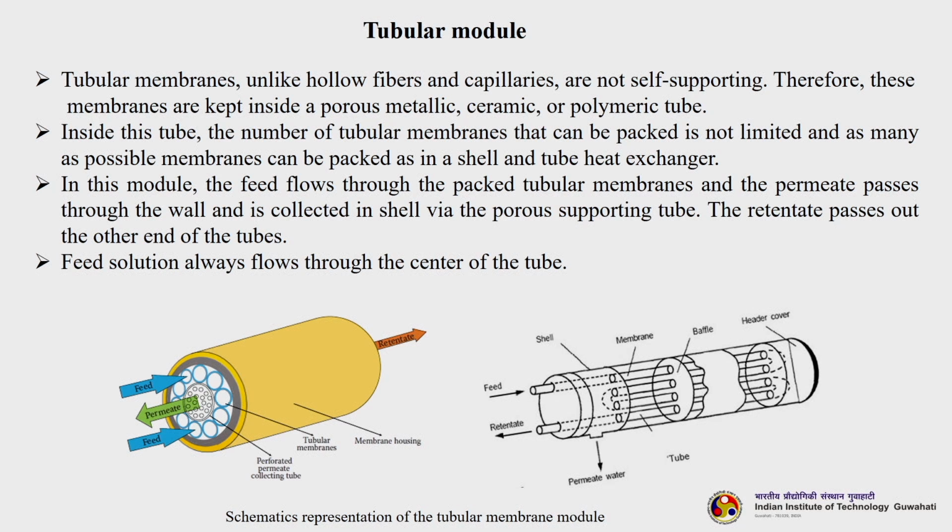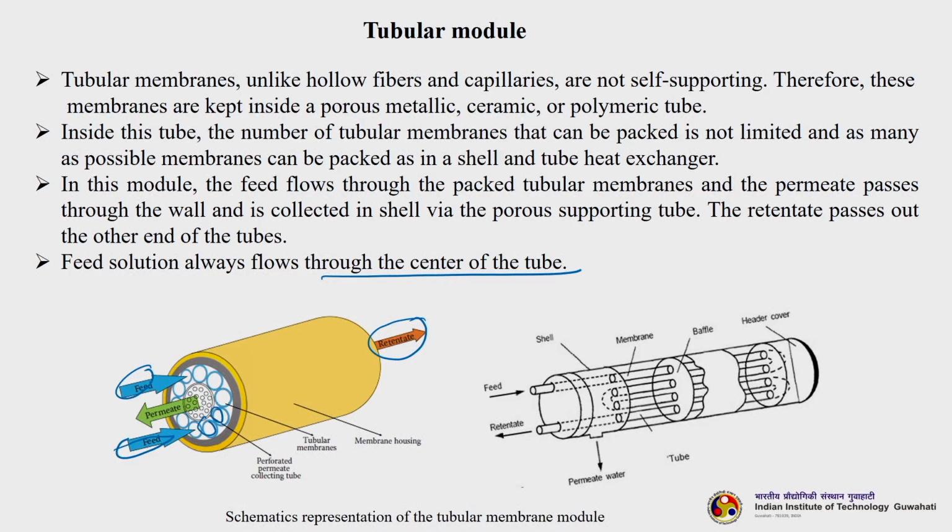Feed solution always flows through the center of the tube. So, you can see here, these things you are seeing are the tubular membranes, and here the feed is flowing. The feed is entering or flowing through the center of the tube, and we are getting the retentate here, the overall retentate, and the permeate that is passing through the membrane and out of the membrane